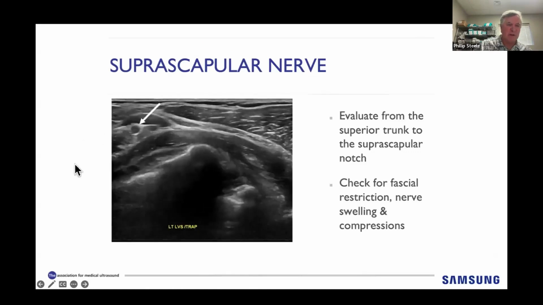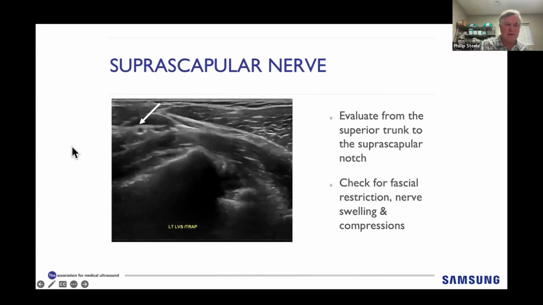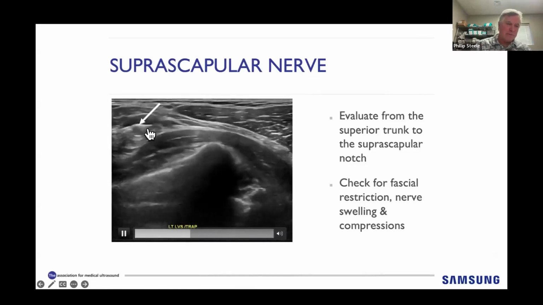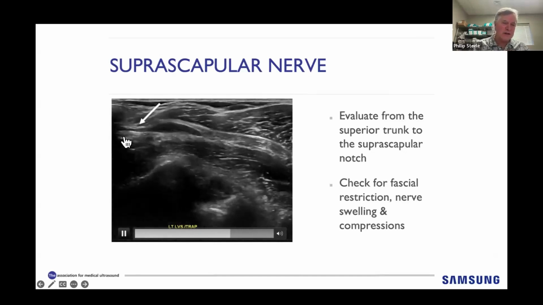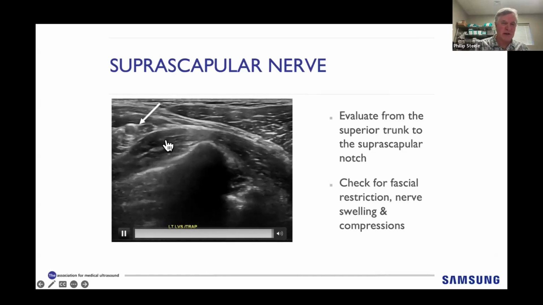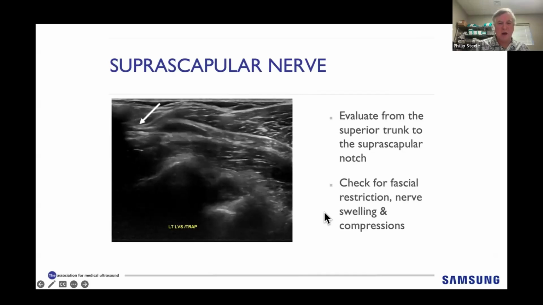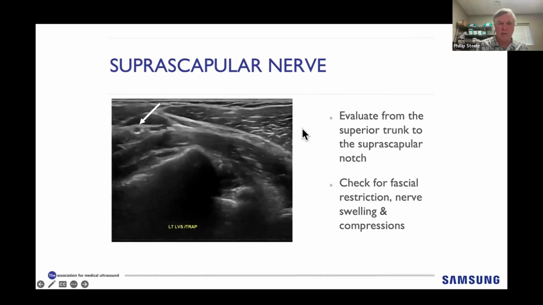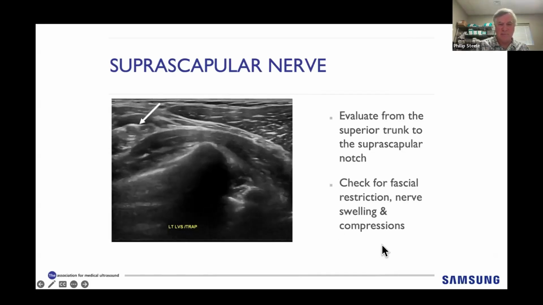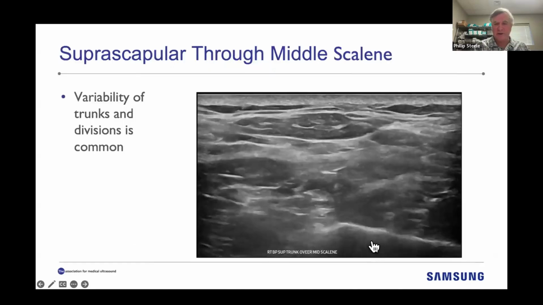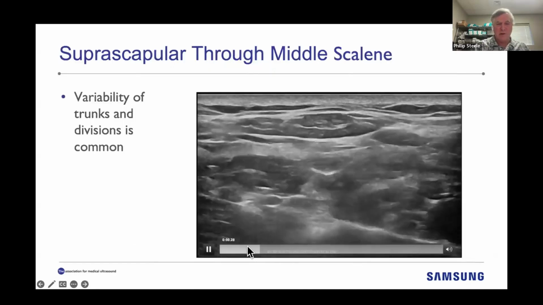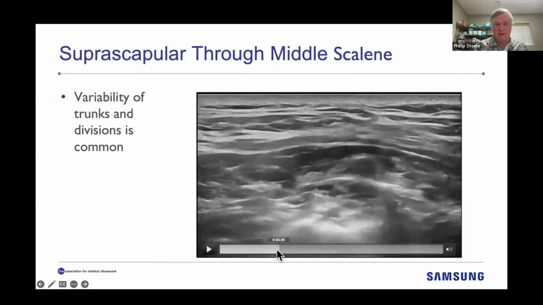Occasionally you see entrapment as you head posteriorly. If the nerve is entrapped in the suprascapular notch, or it's caught up in some fascial constrictions, you'll see enlargement of the nerve, and these can be opened up. This is the omohyoid above it. This is a rib underneath that area in the serratus anterior. And then finally, on this example,